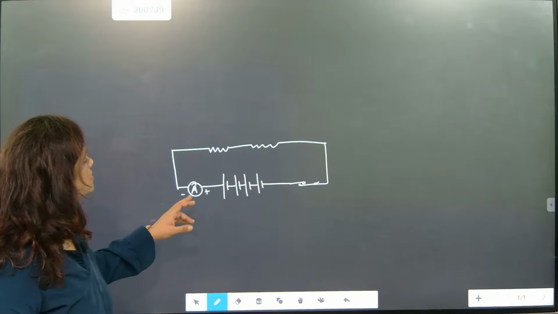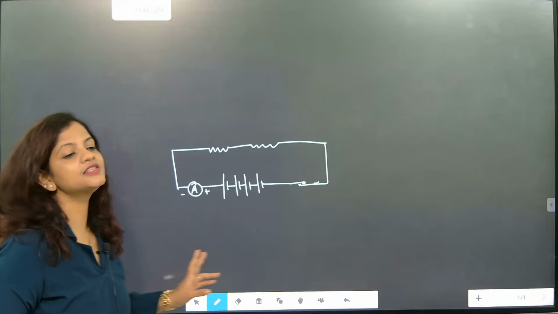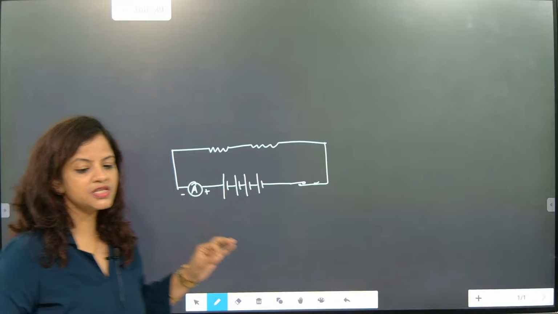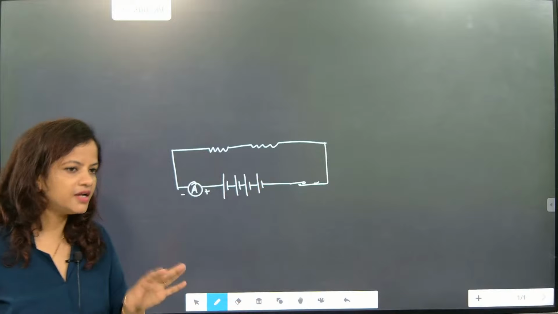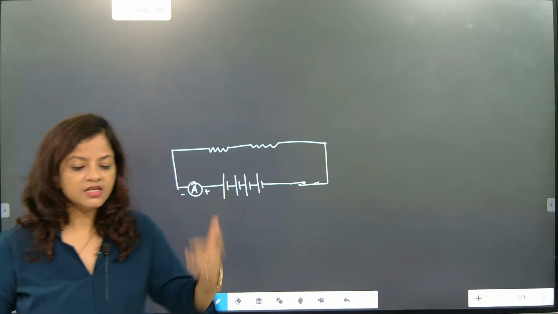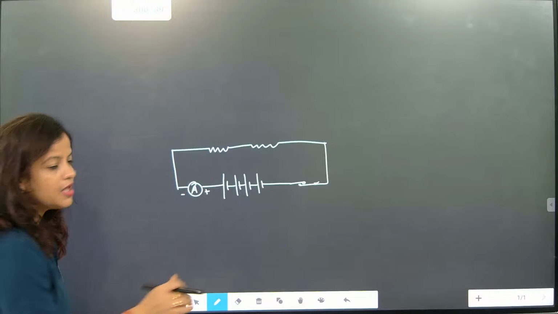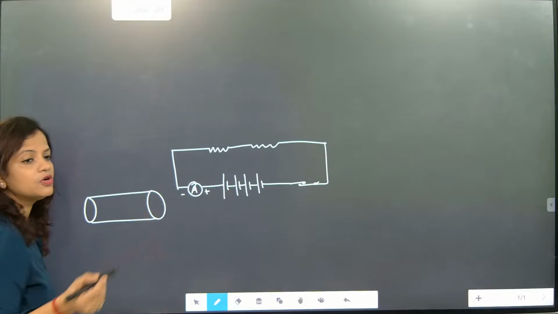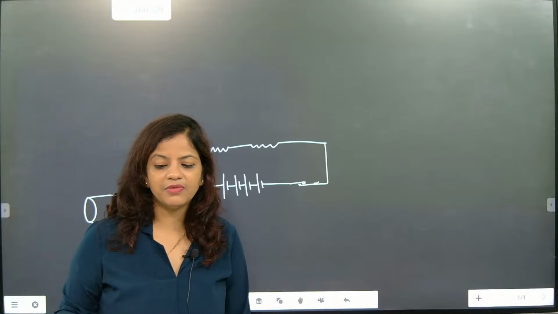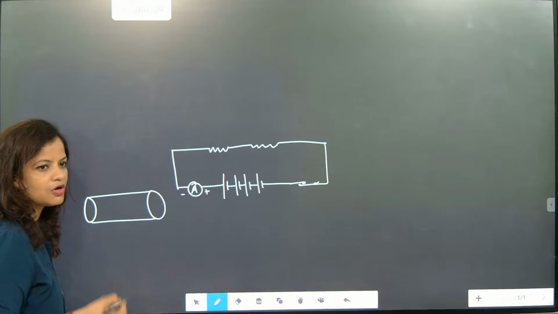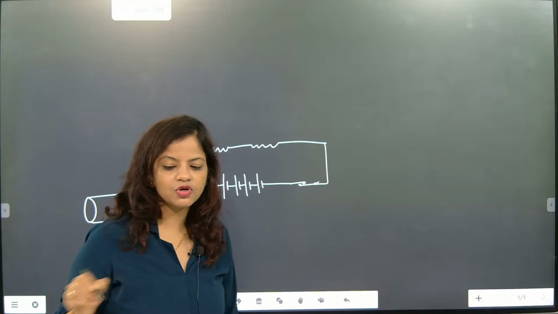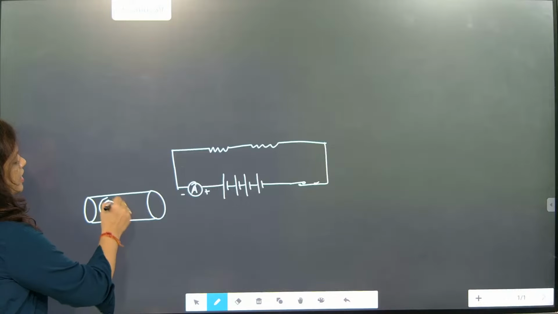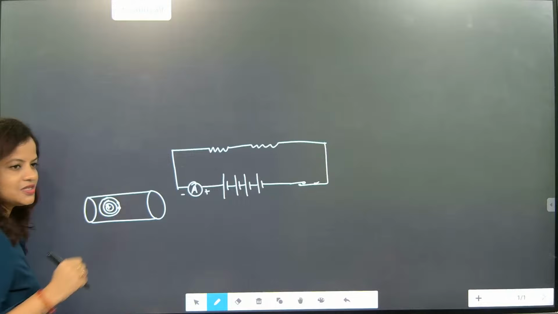So we need to understand two things here. First thing, the wire is a conducting wire. Resistors are those which are exactly, so wire is what? Wire is a conducting wire. If we want to see inside the wire how it is looking, the atoms are present, because we know that the conducting devices are made with atoms. These atoms will have an outermost orbit. In the outermost orbit, the electrons are present. Understood?